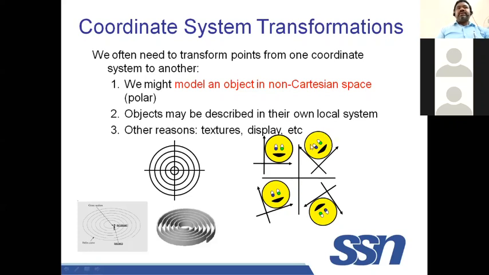Supposing once you have created an object, if it is so complex, you may need to define user-defined coordinate system or local coordinate system that has been defined. You can define the direction of x and y, and with respect to this coordinate system, you can draw this small green color circle, red color circle, and this and all. Okay, in this case, we have WCS, world coordinate system, as well as local coordinate system, and you can define